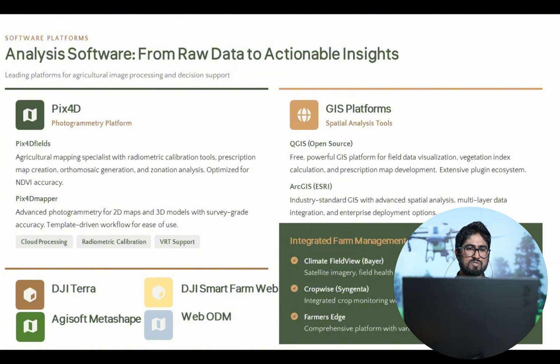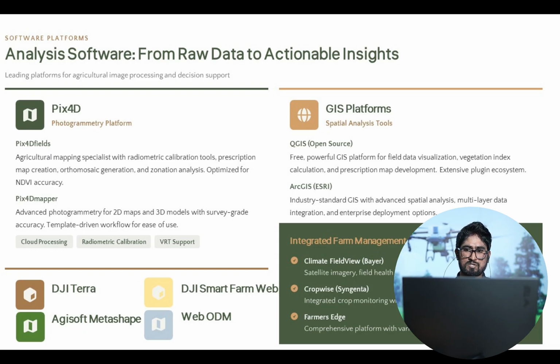And there are other software packages: Pix4D, DJI Terra, DJI Smart Farm Web, Agisoft Metashape and WebODM. These are all paid versions. Pix4Dfields is basically designed for agriculture purposes such as mapping, creating prescription maps, vegetation indices and zonation analysis.